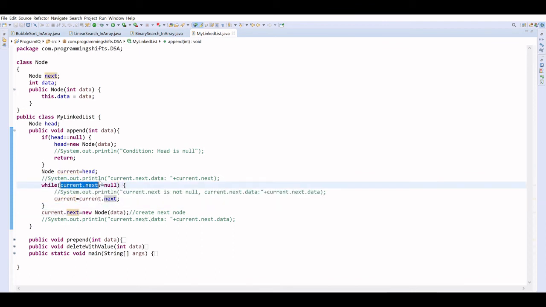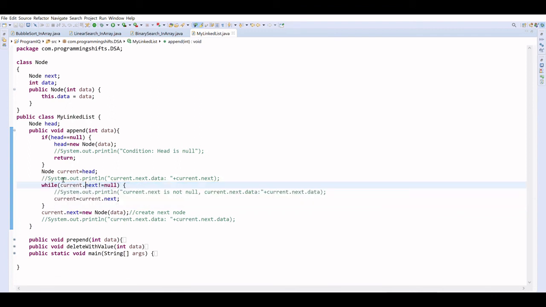So how we'll say that, we will take current.next, and if this is not null, it means we will go till the last index. We will update current to current.next, from the head first position to the next position to the next position. It will iterate till the last index.